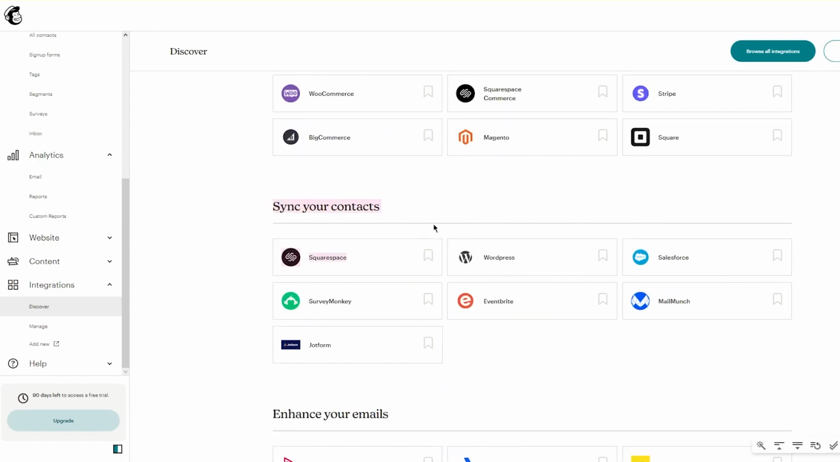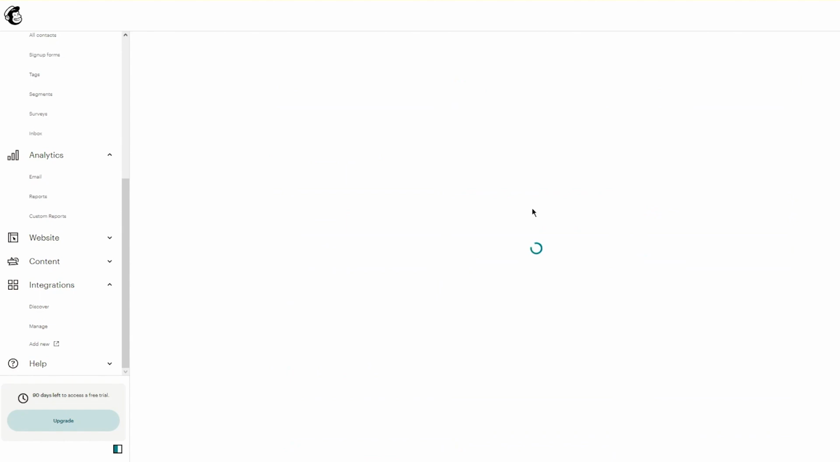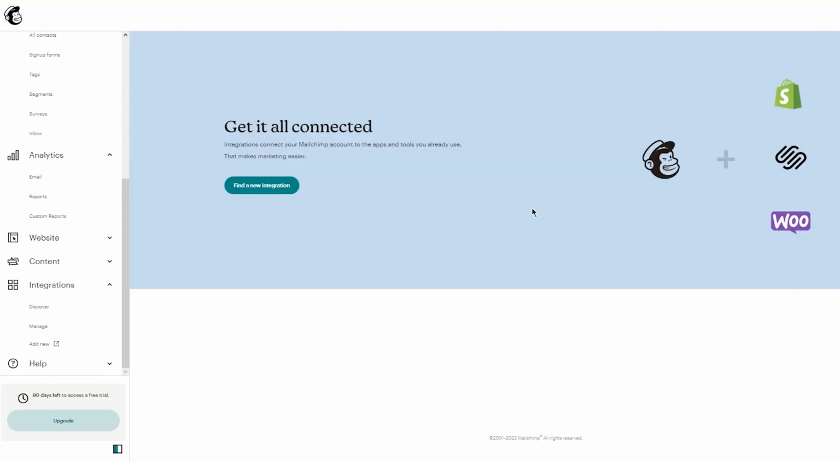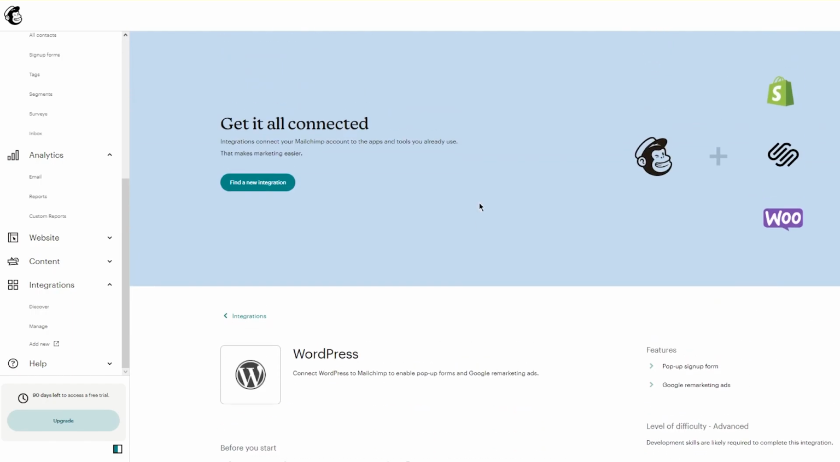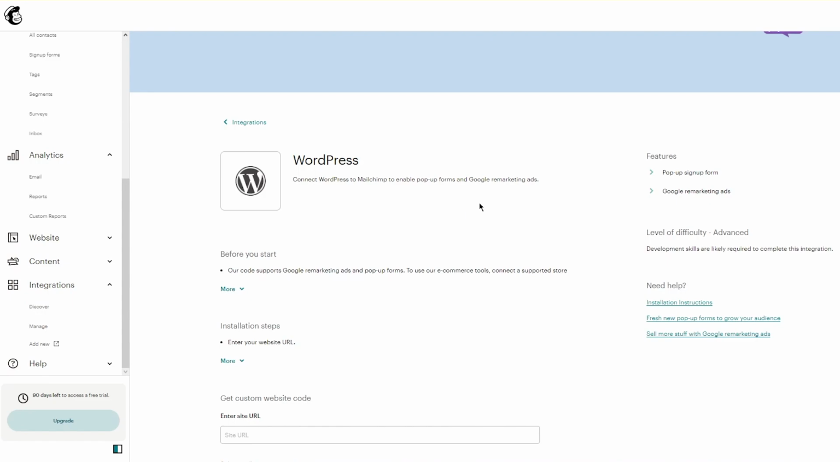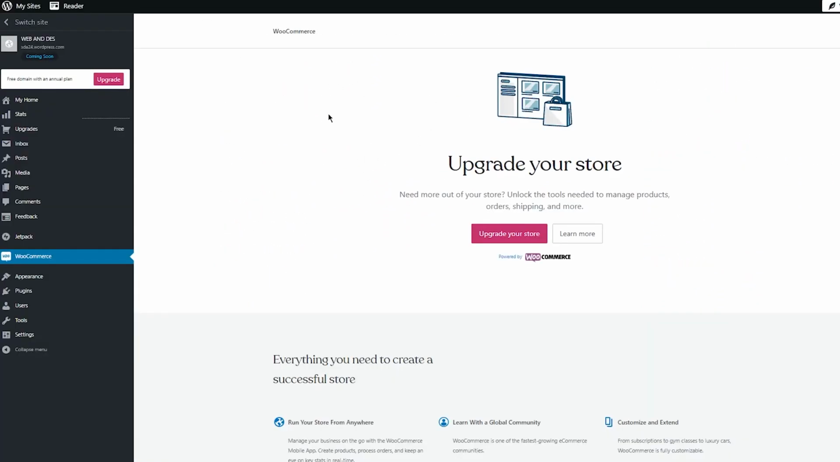And if you don't want to connect it with your WooCommerce, you can just connect it directly with your proper WordPress account, okay? Let me show you how it's going to look. You can come over here and connect it with your WordPress. You can see over here, connect WordPress to Mailchimp to enable pop-up forms and Google remarketing ads. Okay, so you can either do this, or what you can do is you're going to come over to WooCommerce